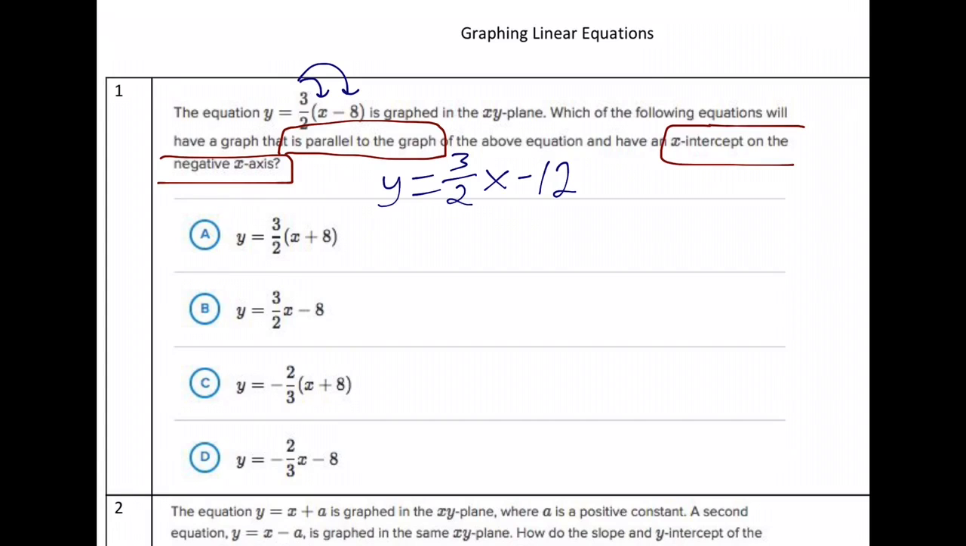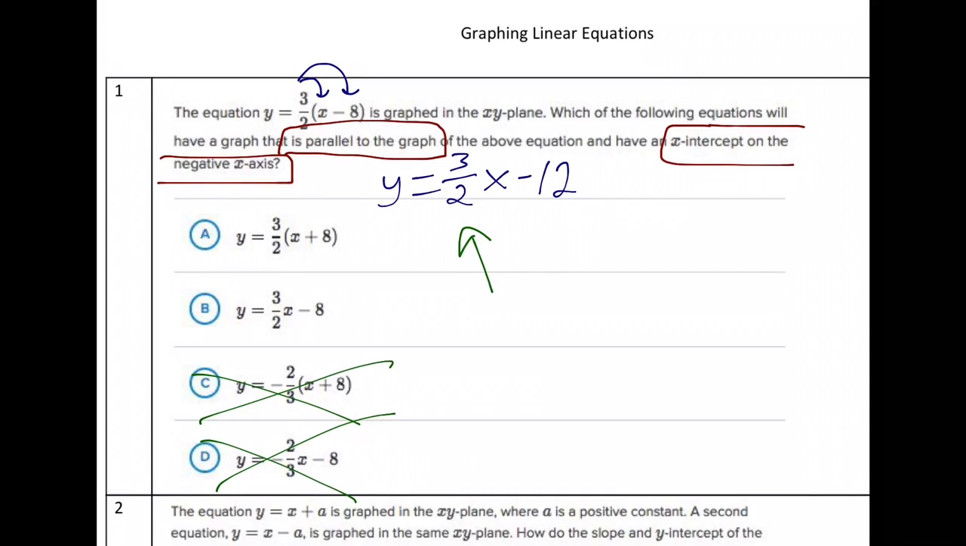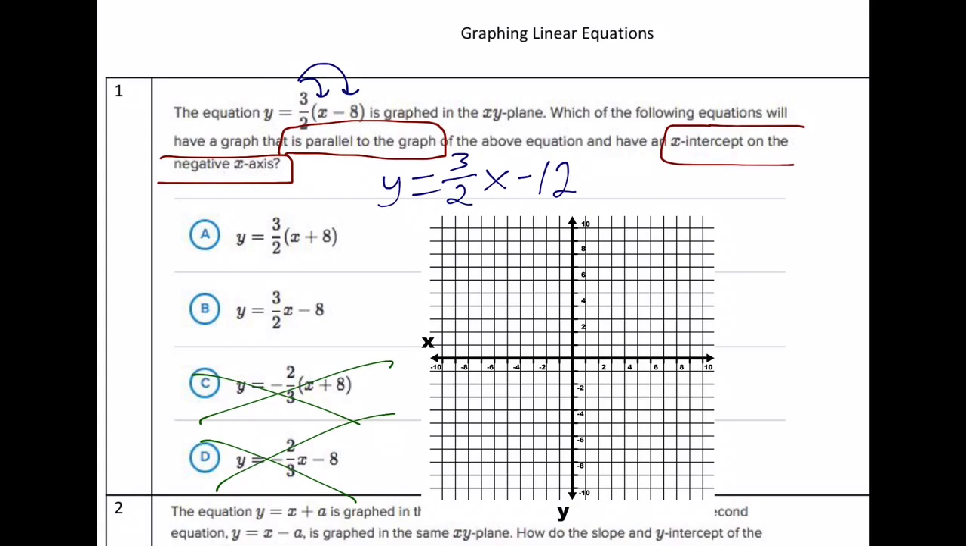For two lines to be parallel, they have to have the same slope. The slope of this line is 3 halves. We can rule out C and D as those have opposite reciprocal or perpendicular slopes. A or B have parallel slopes. You might see that the intercept has to be negative, and you might think B is correct, but that's actually not the right answer. If we consider the difference between an x-intercept and a y-intercept, so here's a coordinate grid,